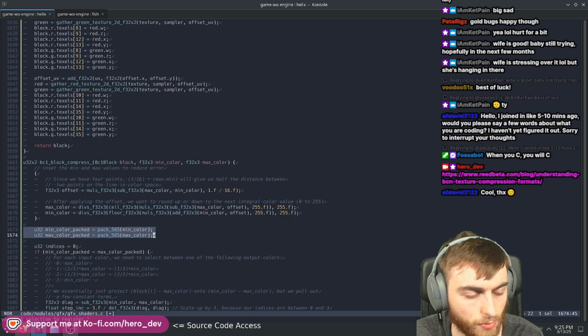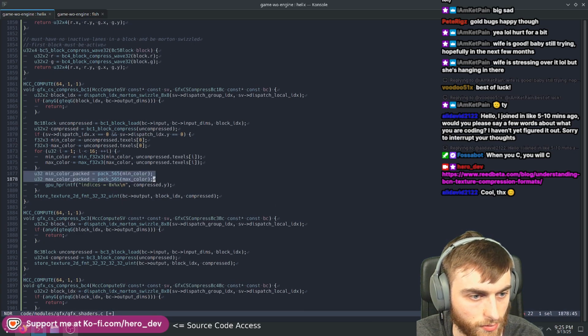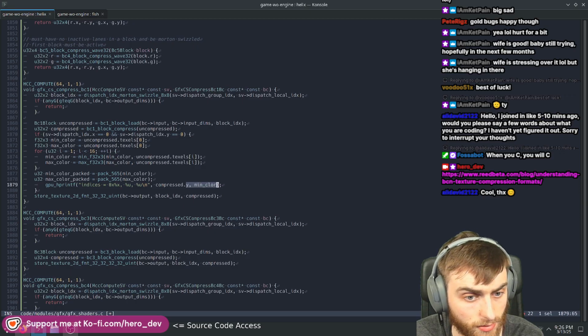And then I want to print out those two basically and see how those look. So min color, max color. Let's print out two colors, min and max. There'll be just two numbers. So min color packed. There's 565, so